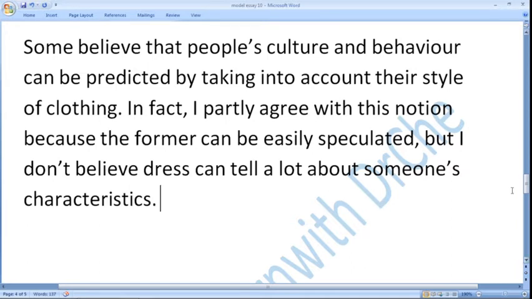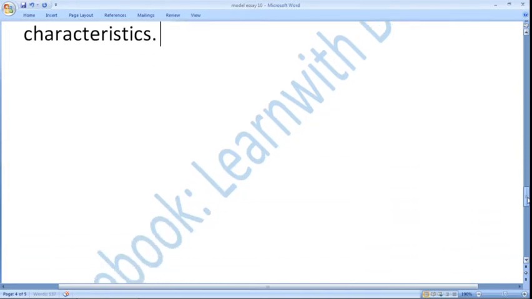Now my introduction is complete, so I would go for the first body paragraph. For the first body paragraph, I would write about the positive side about culture. On the one hand, you can write in either way, there is no problem, but better is first of all I will go for the positive thing. On the one hand,